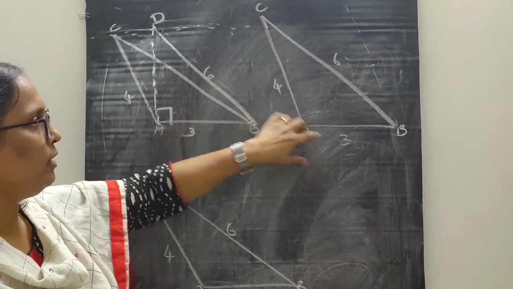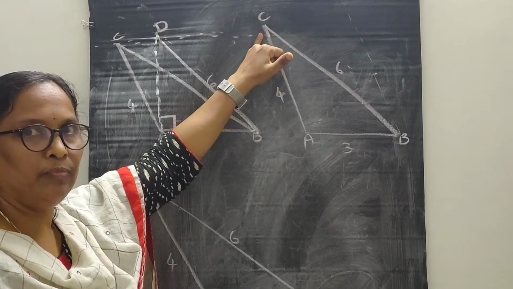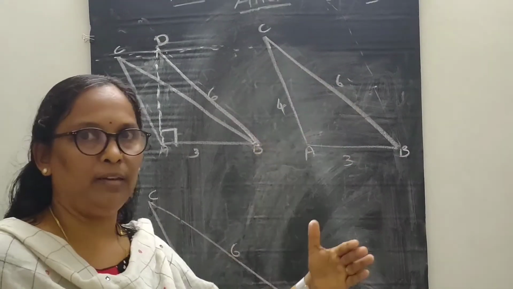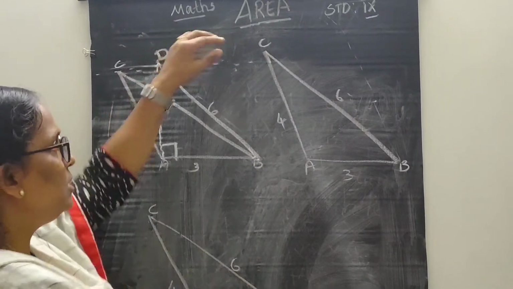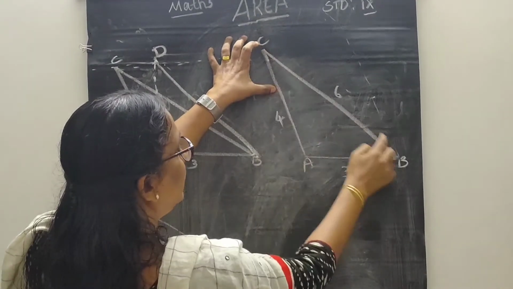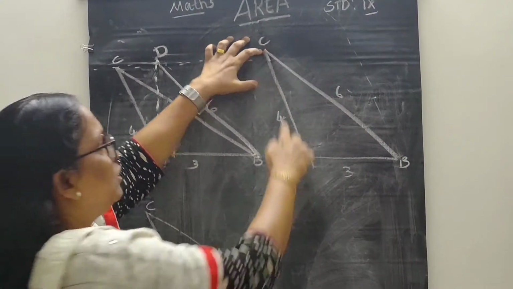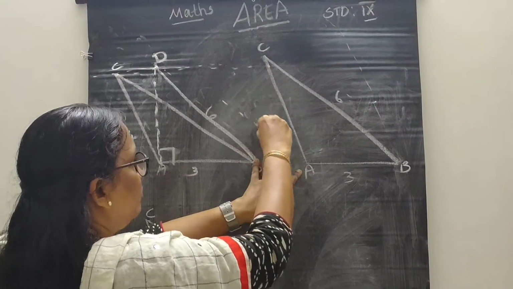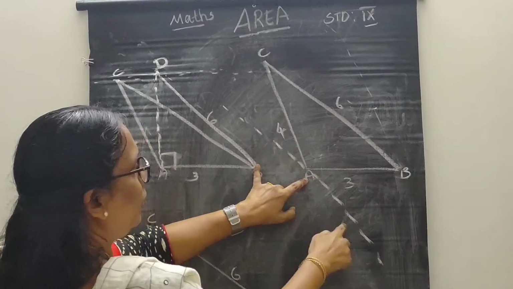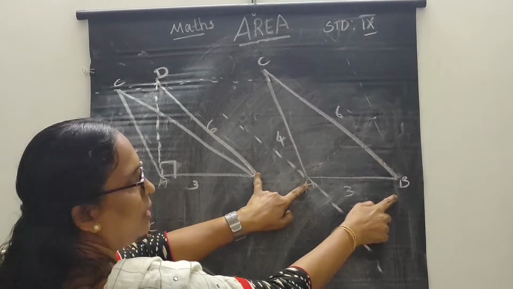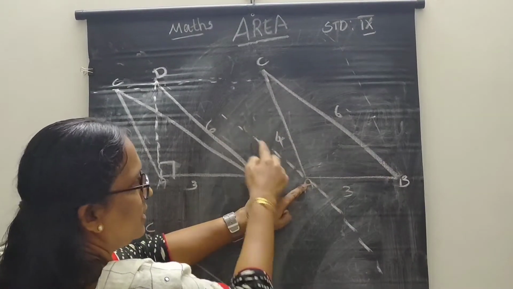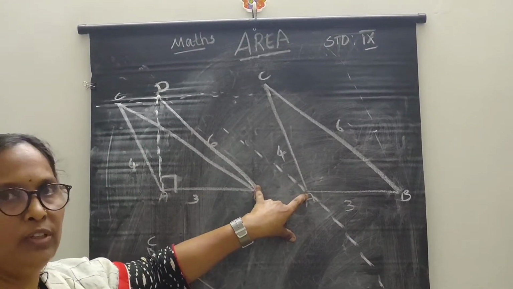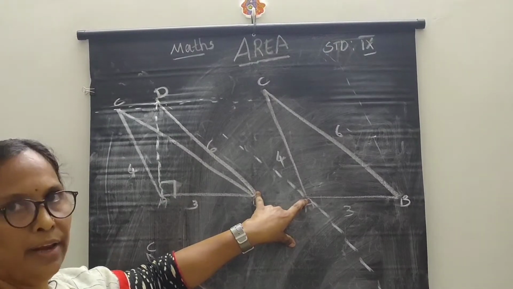So in the next figure, here also is the triangle ABC, and we need another right triangle with the same area. The same area means we need the same base. So we can take the base as BC now. We take the base as BC and through A, draw a parallel line to BC. Now BC is the base and this is the parallel line. And we need another triangle with the same area. The triangle should be a right triangle also.